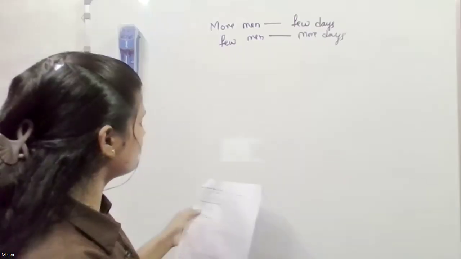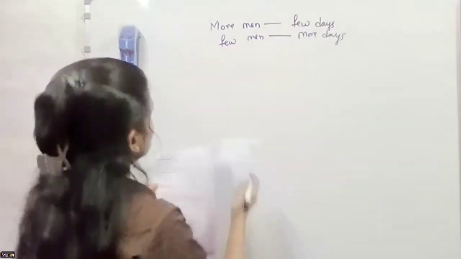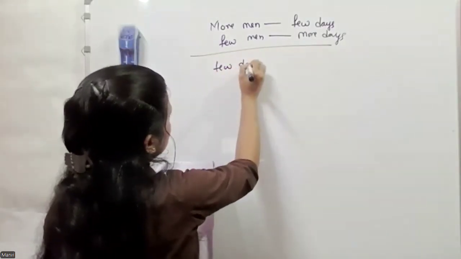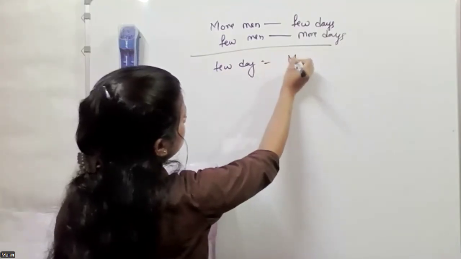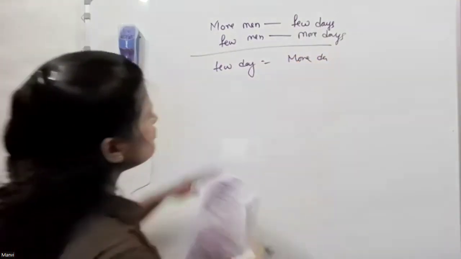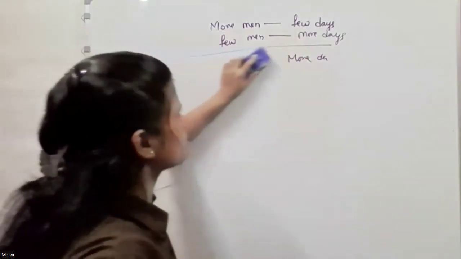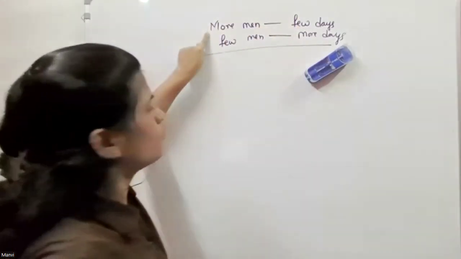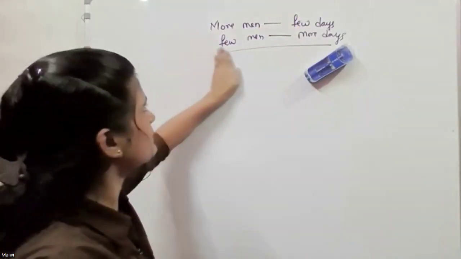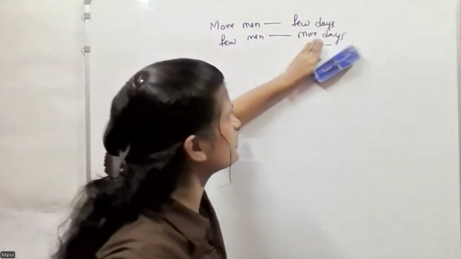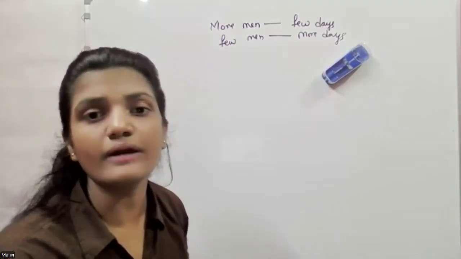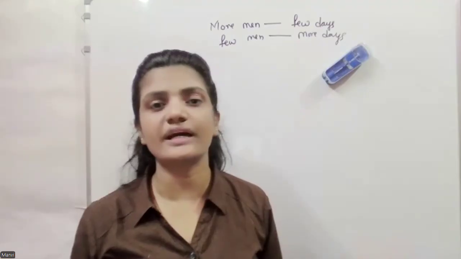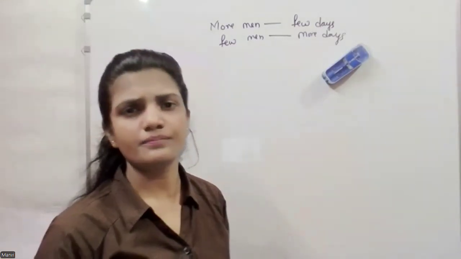If we need to complete any task in few days, then we must require more men, right? Just the vice versa of this: more days, then we require fewer men; fewer days, we require more men. Sometimes we want to finish a piece of work in a lesser number of days, then we require more people. And when we have enough time to do that, we require fewer people, right?